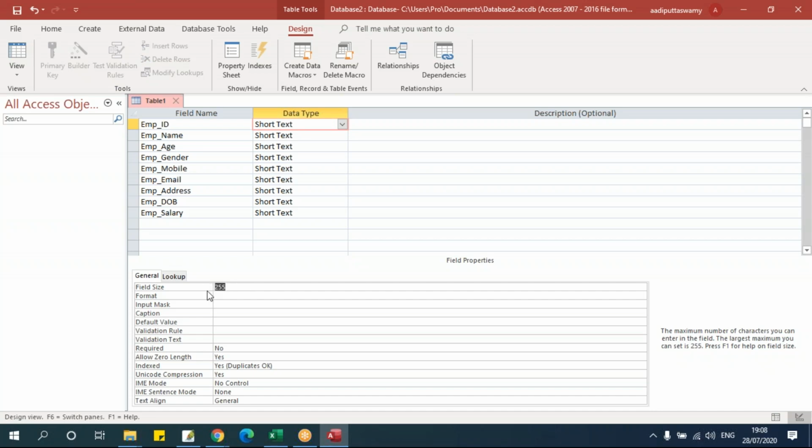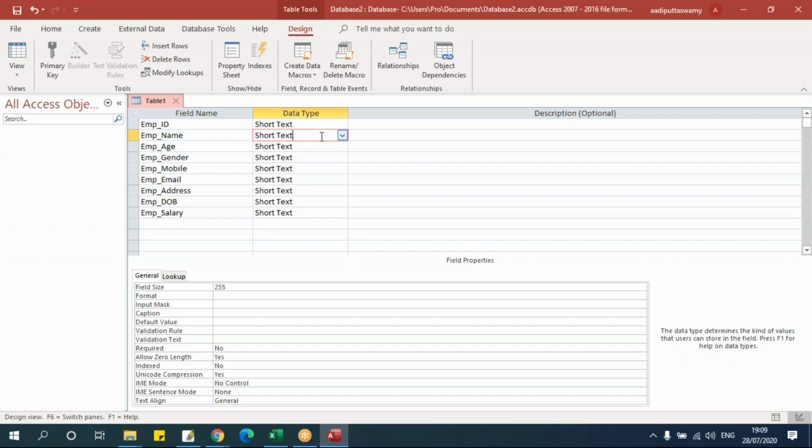When I say 255 characters, that means for one record, it is occupying 255 characters. But for me, the employee ID, let's say we'll take it as 6 characters. So unnecessarily, let's not waste the remaining characters. I'll just put it as 6. You can keep it as 255 only, but still it is a waste because you're using only 6 characters out of that 255 characters. Next is employee name. Here I cannot fix the number of characters because the number of characters might differ.